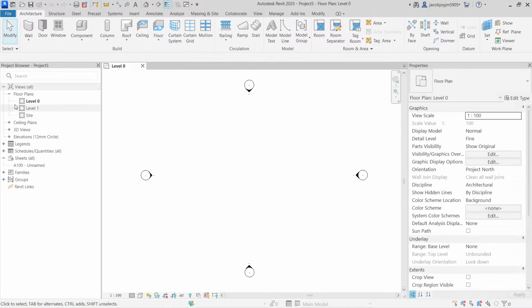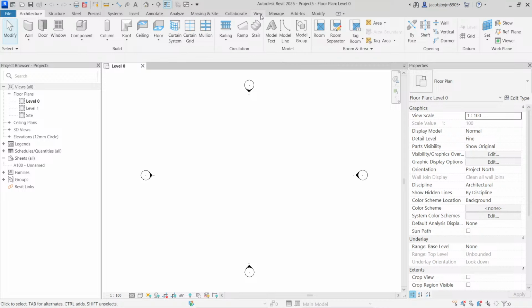Now let's say I'm creating floor plans. Then what will I create? I'm going to use the same floor plan for toilet plans, and I'm going to create the same for interior plans, right? So I have to put the same level 0 plan under floor plan, under toilet plan, under interior plan. So I have to duplicate the same view, but I have to keep it under a folder. So that's what I'm going to create. First, let's create